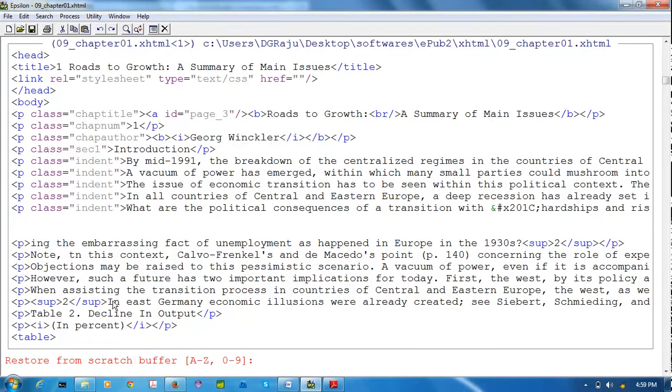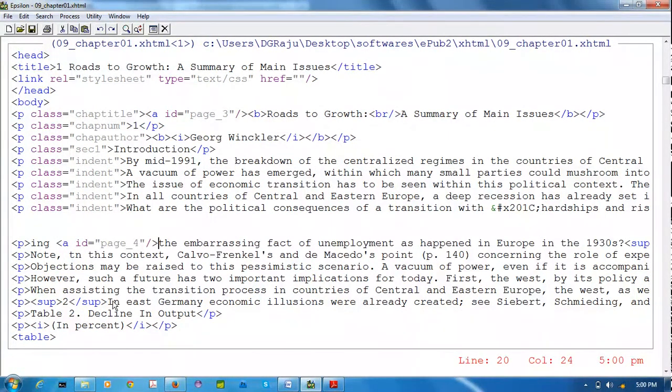Now it is asking restore. I have saved that particular text in 1. I am using 1. It is retrieved. I can store A to Z, which means 26 characters, and 0 to 9, which means 10. So in total I can store 36 selected texts in Epsilon. Okay, this is a very useful thing.